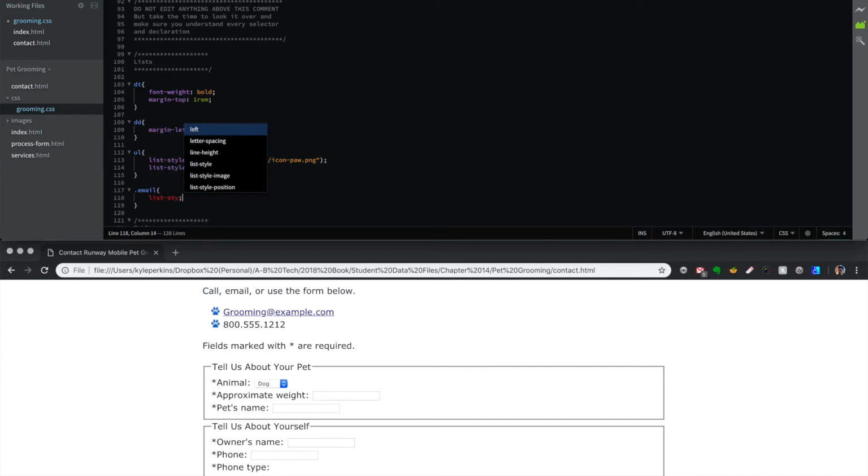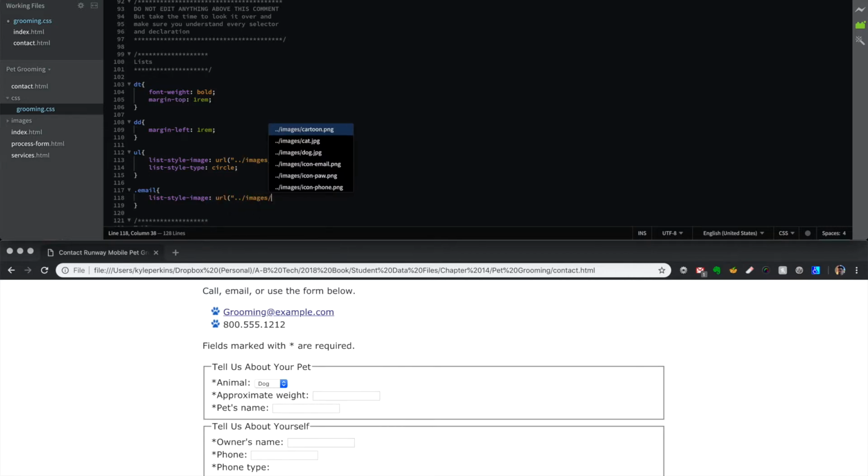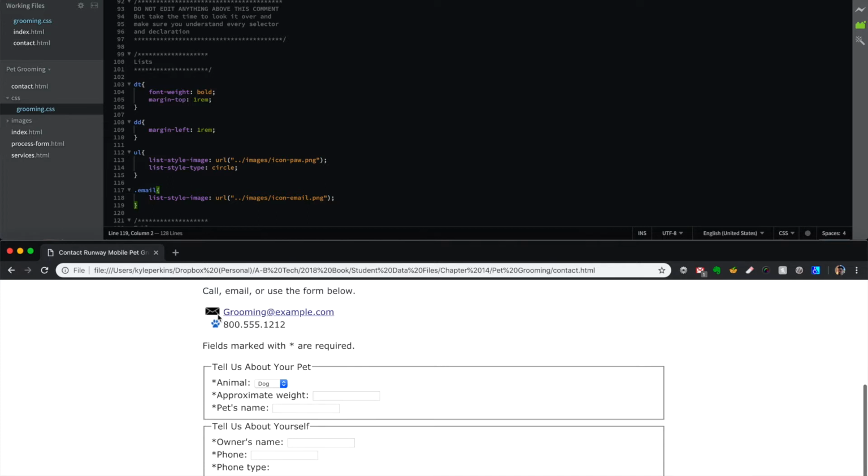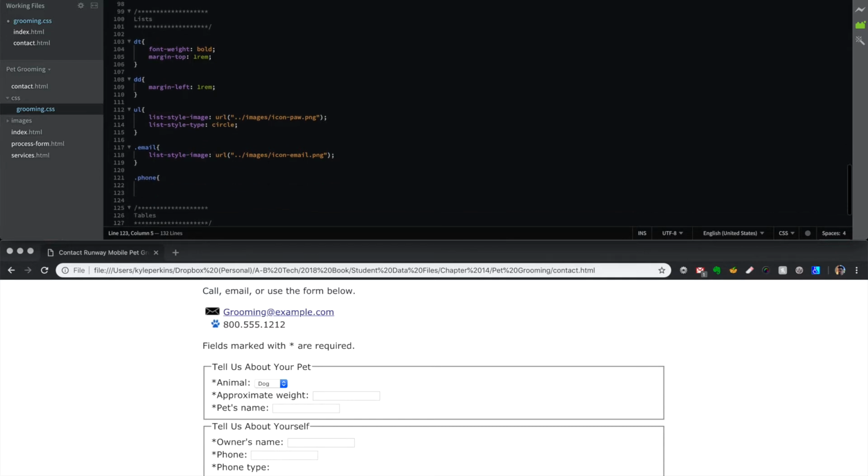List style type. Or I'm sorry, image. List style image. URL images icon email. Good. So if we save, we refresh, and now the specific email one has an email icon even though it's still an li, and the other one has the default of a paw because of the previous rule. Going to add a new rule of phone